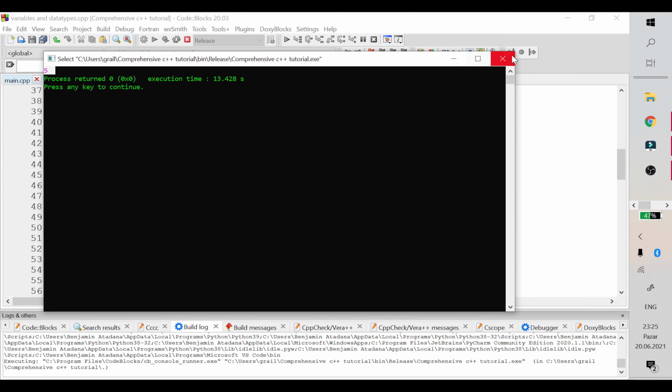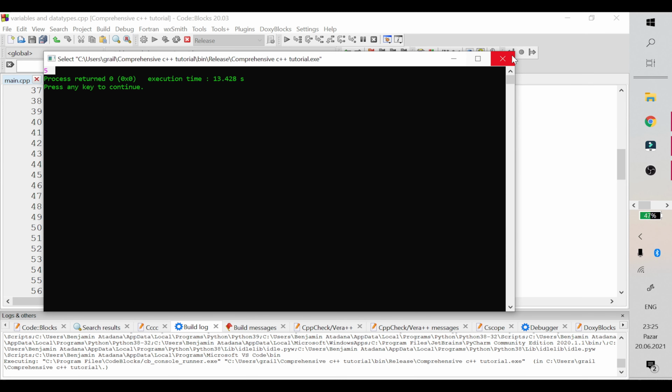Why? Because we only added these values. We added num1 to num2, but then we did not ask to work with it again. We did not ask it to be displayed on the screen. Even though we worked with it, we did not ask it to be displayed. So what we can do to display it is to use cout and then num1 plus num2 to display that result. Now we will want to include an endl so that these lines